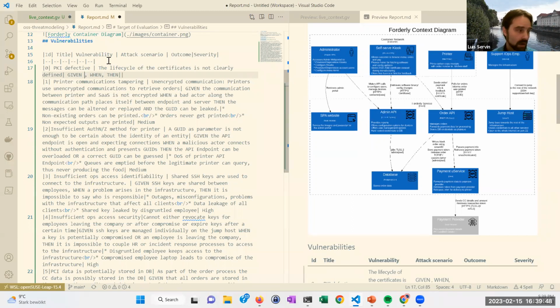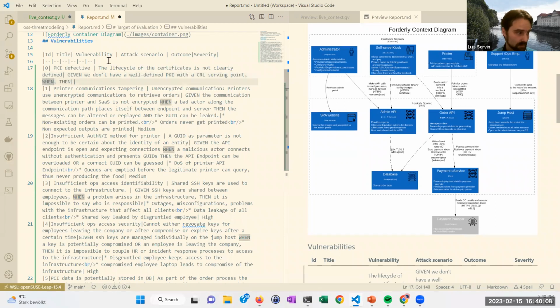Given we don't have a well-defined PKI with a CRL serving point, when a certificate is extracted from a kiosk. Now remember, these kiosks are in the hands of the enemy, right? They're in the hands of people that have them, and they can take them apart. They can try to connect to them. We have no idea what the characteristics are of these kiosks, right? So given we don't have a well-defined serving point, and we can even add a certain precondition,